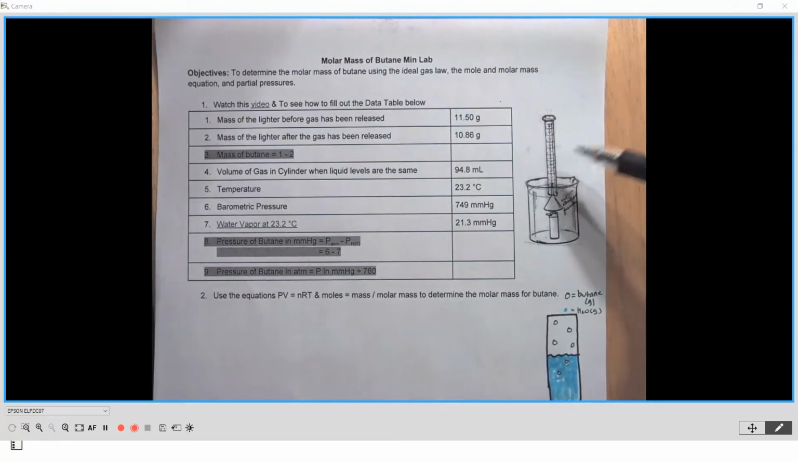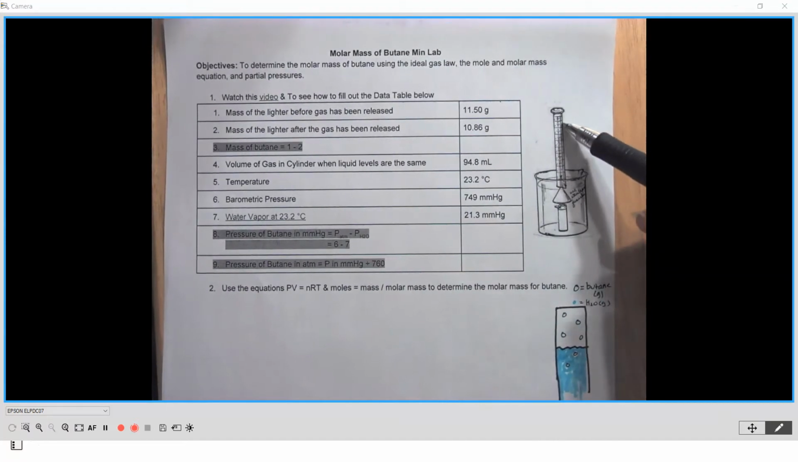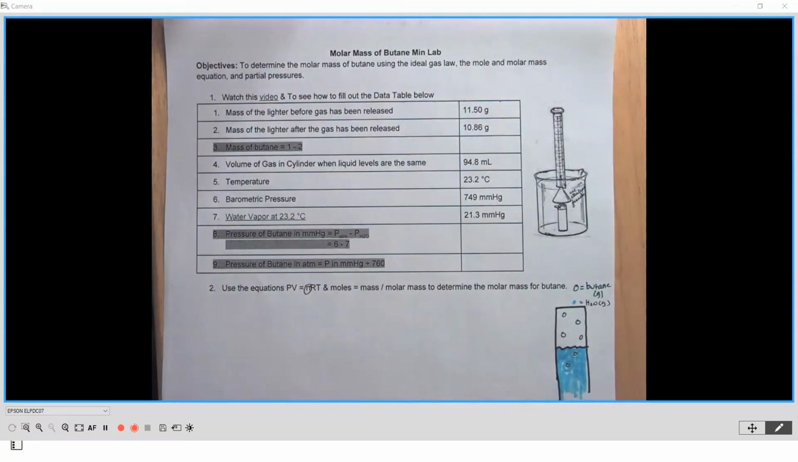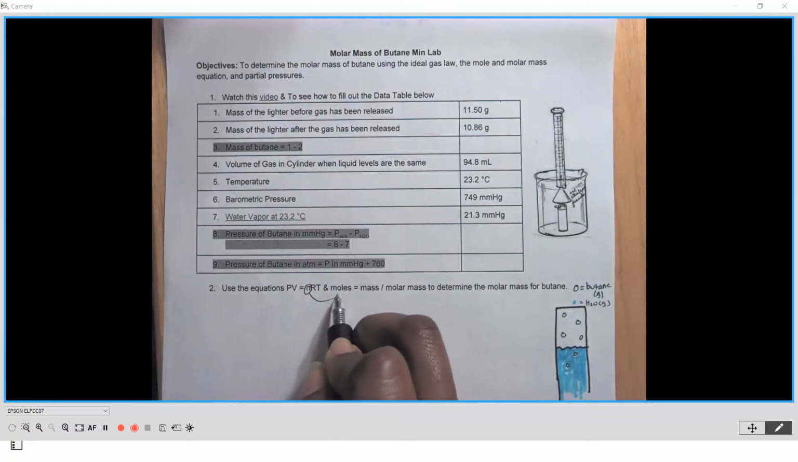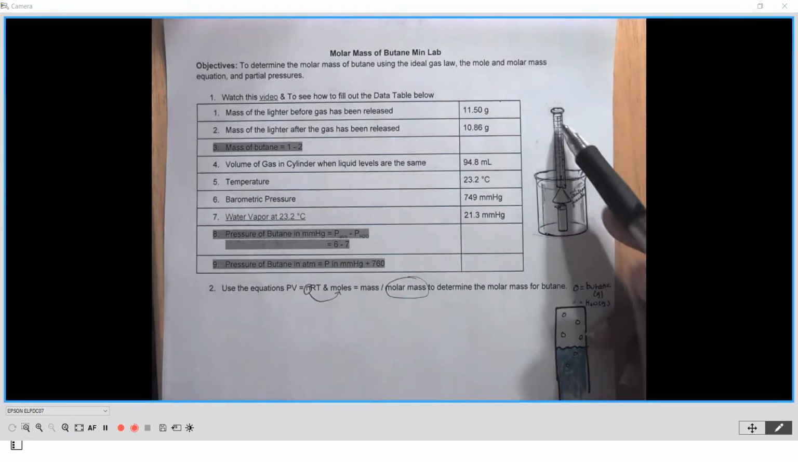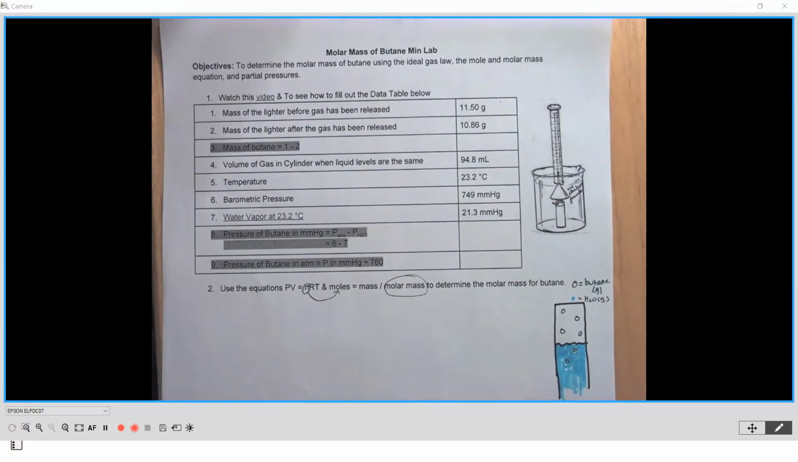To do that, you're going to use the PV equals nRT equation to solve for the moles of gas that you release into this graduated cylinder. And then you're going to plug that moles into the moles equals mass over molar mass equation to solve for the molar mass. Now you're going to get the mass of gas that you release into the container here. So if you watch the video,